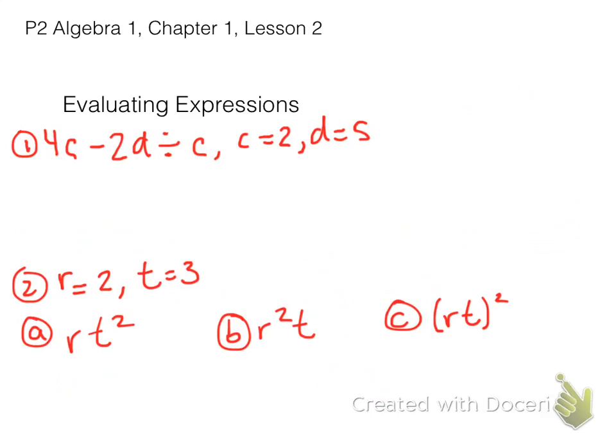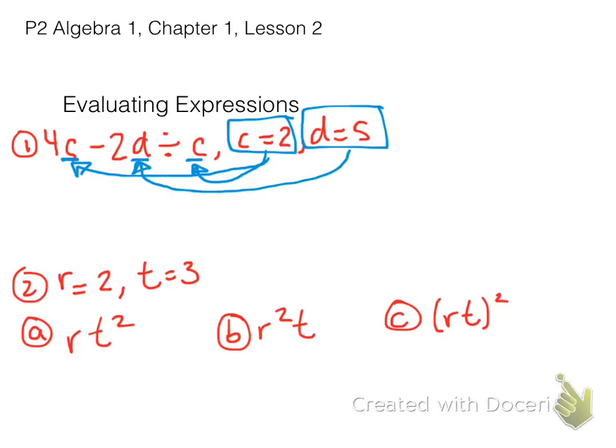Alright, next up is evaluating expressions. To evaluate an expression usually means there is a variable, and that variable has a value. In this case, for number 1, C and D have values where C is 2 and D is 5. Every time I see the letter C, I'm going to replace it with a 2. And every time I see the letter D, I want to replace it with the number 5. So I have 4 times 2 minus 2 times 5 divided